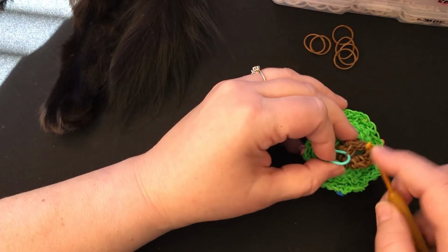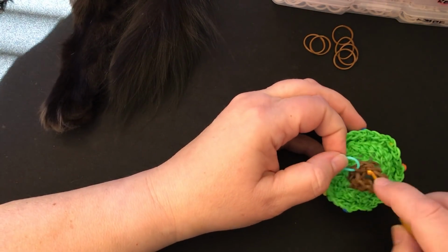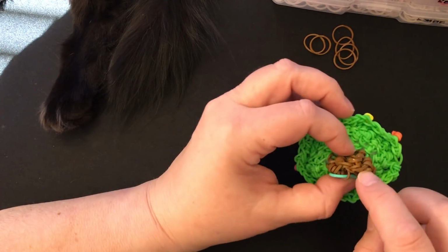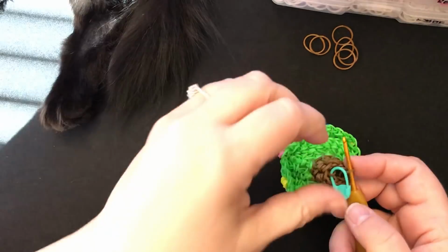Okay, so am I at my last one? I think I might be. I am. I'm at my last one. There's my first stitch here. This was a slip stitch. So what we're going to do, we've got to collect up